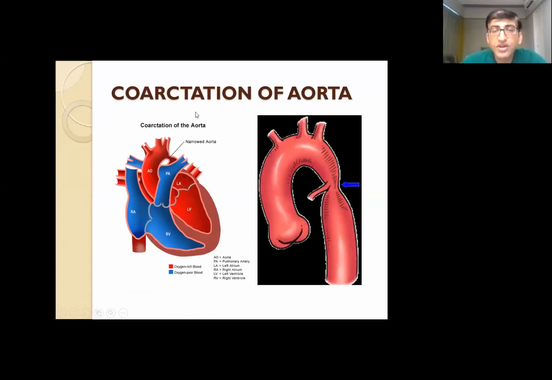Now, what is coarctation of aorta? Coarctation means narrowing, and narrowing at the level of the transverse arch and the descending aorta is called coarctation of aorta. And depending upon the severity of the narrowing of the aorta, this disease can manifest as early as the neonatal age group or can present even late in adulthood or in the adolescent age. So it all depends upon the severity of the narrowing of the lumen. It will present similar to aortic stenosis in the form of left ventricular hypertrophy.